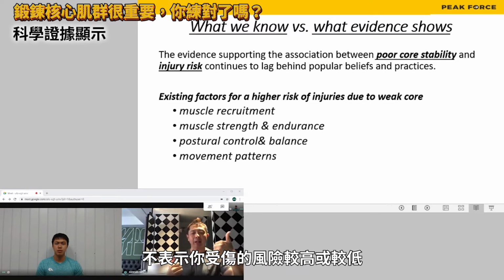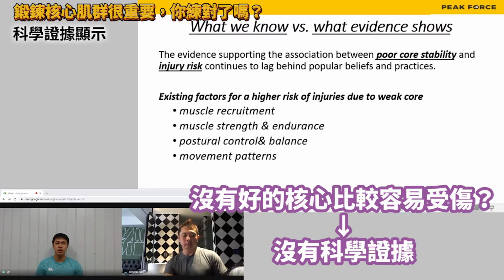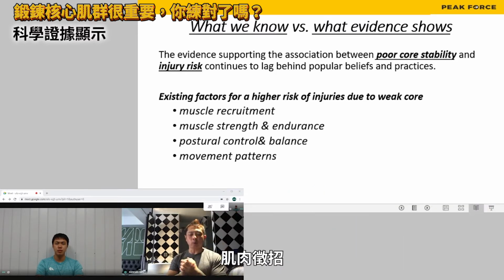So what this means is, just because you have core stability, that doesn't really mean your injury risk is higher or lower. There's no research actually showing this. 现在是没有证据显示，如果你的核心肌群很不稳定或很弱，就等于受伤几率很高。现在没有证据显示有这样的关联存在。